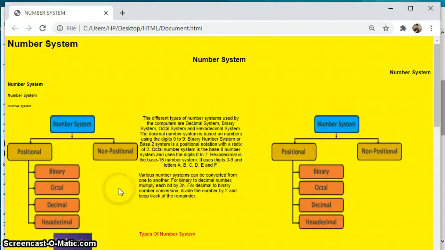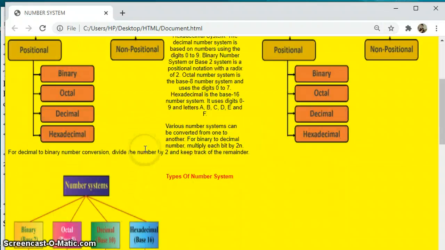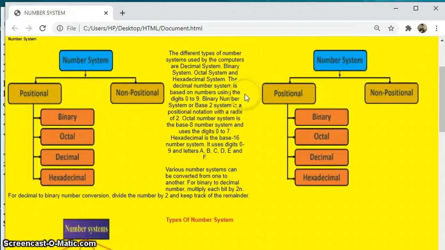So it is the same, the borders have disappeared. If you want to add horizontal spacing, you can add. In the same way, you can add vertical spacing also, like the horizontal spacing. Here I have added horizontal spacing, there is a gap. I can add vertical spacing also to increase the gap in between. This is called vertical spacing. The attribute is vspace.